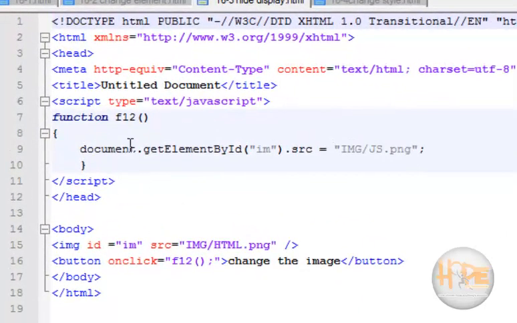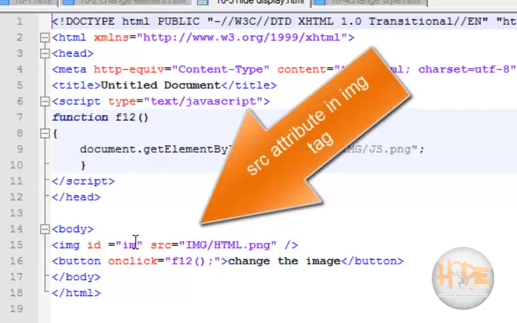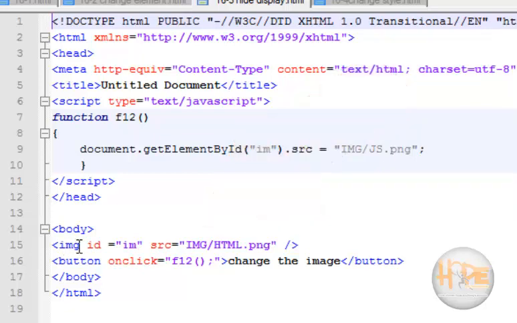This is the example of how to change the attribute value of any HTML element. Here img is the tag which contains an ID and its name is im. Here src, source, is another attribute of the image and its value is html.png. So I want to change this value while clicking this button. So whenever I click on this button, the new value of src will be